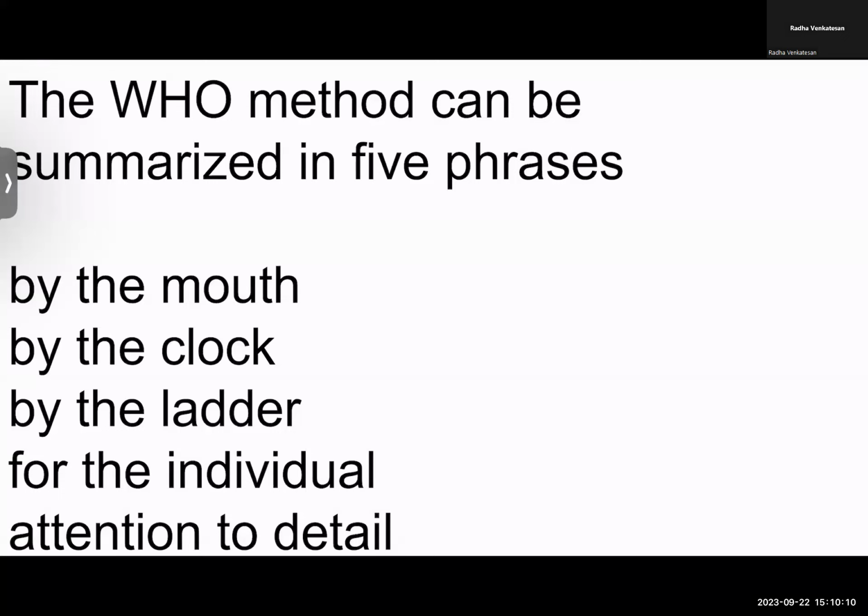And the next reason is this: whenever you want to give medications and the patient needs to get, for example, pain relief, the drug has to be in the blood circulation. The duration of action is the time when the maximum benefit will be there. For a drug with a duration of action of 4 hours, if you give it once in 8 hours, for the next 4 hours the plasma level will be nearly 0 or minus. Will the patient get any benefit? No.